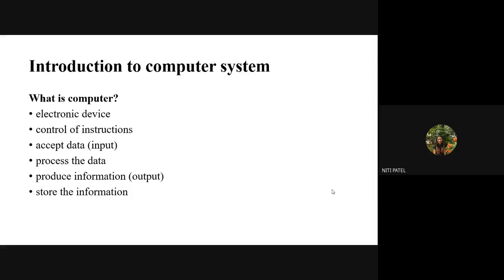Now, what does this device do? It does not only assemble the electronic components, but it also performs certain instructions which are given by the user. So whatever input a user gives, the computer reads that input and it acts based on the request which is being given by the user. Once the processing of that request has been completed, the system will generate the output for that particular request to a user. So we call this entire process as control of instructions.